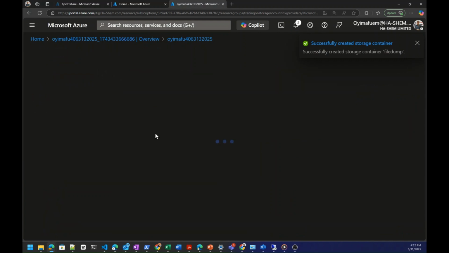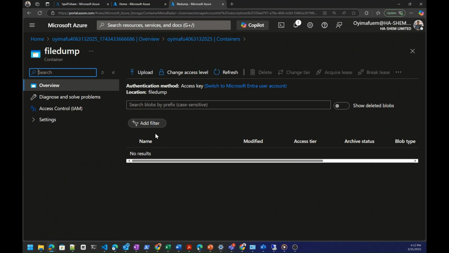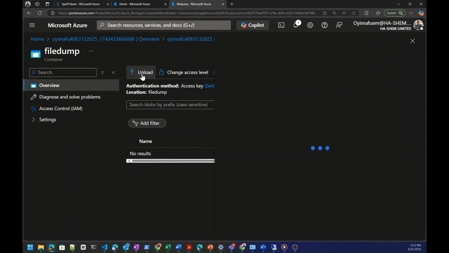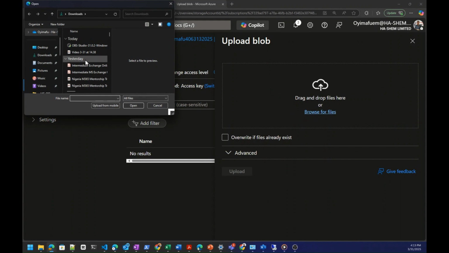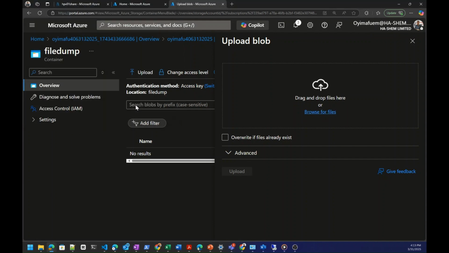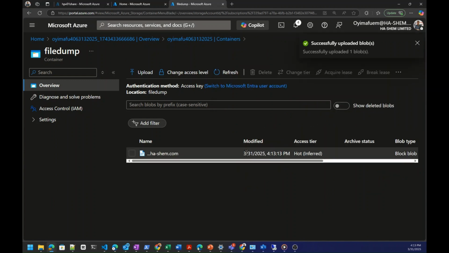This container now is where I can store my pictures, videos, text files, and more. As I was explaining, blob storage is used to store unstructured data. So let me upload a picture to the container. I'll click on browse. Once I browse, it opens my local system, then I could select any picture that I want. Let me use Hashem's picture. Let me specify it, then click on upload. So now I've uploaded this